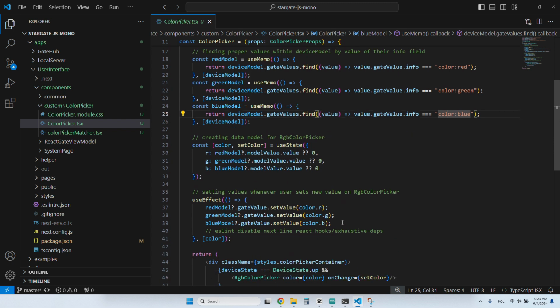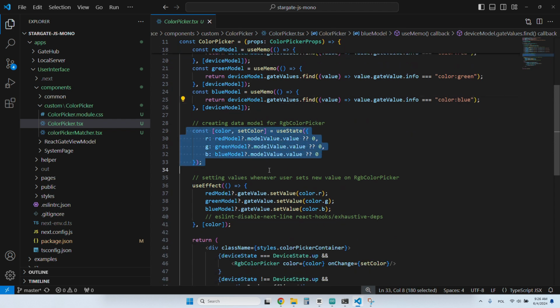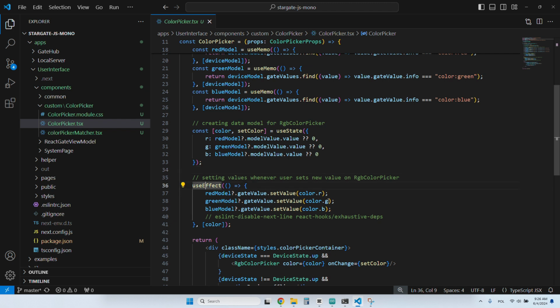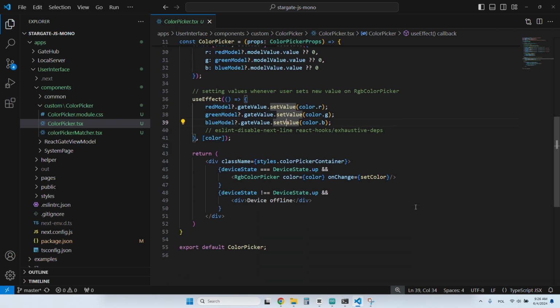Now as all necessary variables are in place, it declares a data model that will be acceptable by the RGB color picker from the React Colorful library, and uses an effect that will update the relevant gate values whenever this model changes. Finally, the color picker returns a component that can either display the RGB color picker if the device is online or some text message otherwise. Cool, we know how our color picker will work,